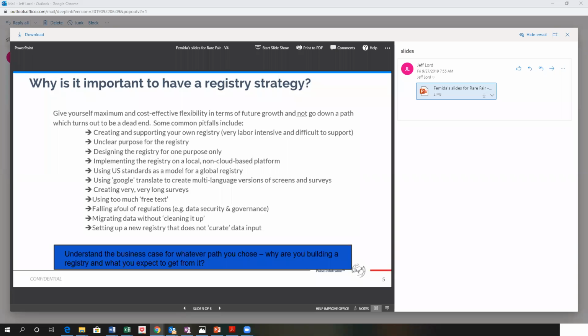Use validated instruments and make sure that those validated instruments can be provided in different languages, because rare diseases are global. And again, if data has already been collected, it's not wasted. The data can be used, it can be cleaned, and it can be mapped. So at the end of the day, when you're looking at creating registries, you want to create a unique registry that's going to define the needs of your patients, but you want to be able to leverage technology, hopefully, that's already been done.